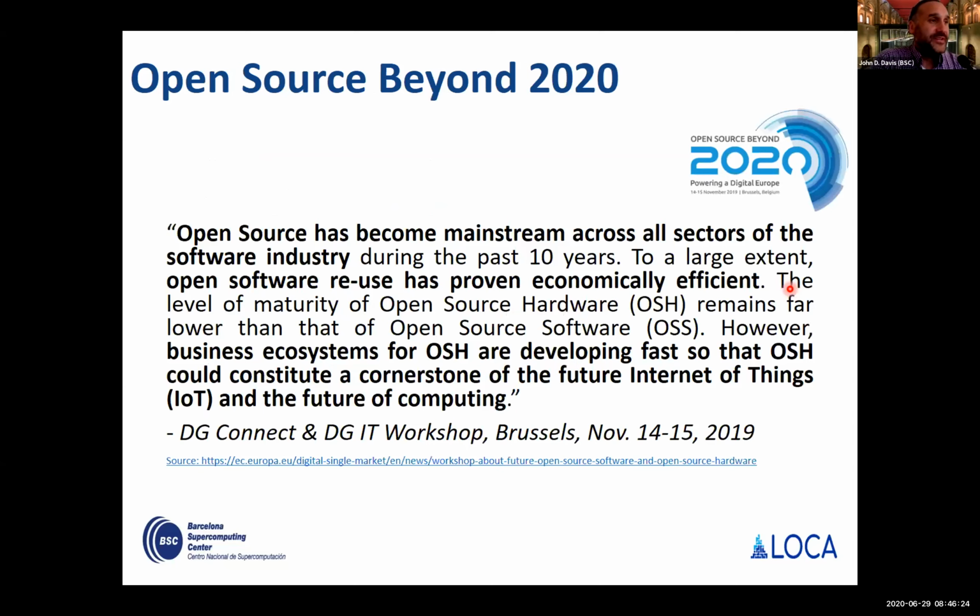Now, obviously, we're not the only ones thinking about this. There was a conference in Brussels in November of last year, which was really looking at open source, not only from the software perspective, but picking up on this hardware theme. And so some of the big issues was, how does Europe support that? I'm sure that's happening worldwide, but this is just an understanding that there's other groups, other research areas outside of high performance computing that are looking at that. So that's exciting to see this momentum in that direction.